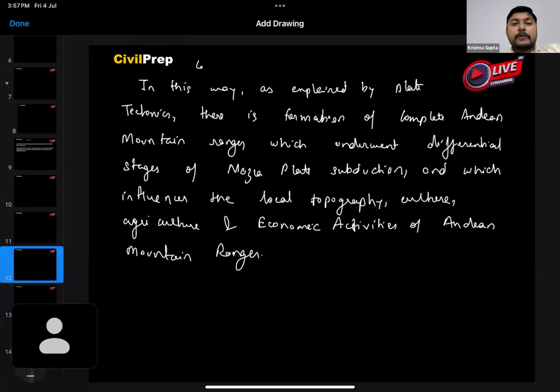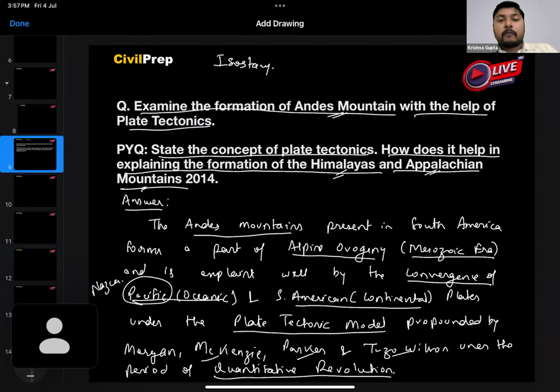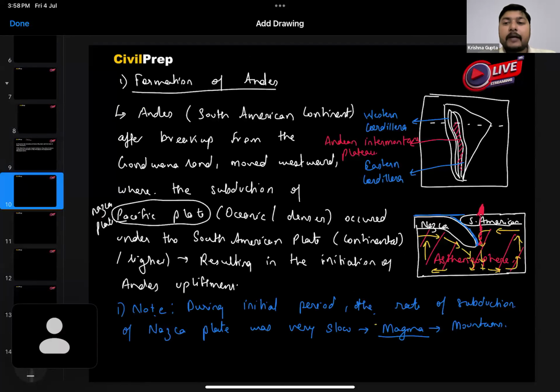So guys, this is the conclusion for this answer, where we are able to very well explain in the introduction what the Andes mountain ranges are, what alpine orogeny is, and that the subduction of the Nazca plate and South American plate is taking place. Here we can also see that this is under the plate tectonics model as propounded by Morgan, McKenzie, Parker, Wilson under the quantitative revolution. Then we see the structure of the Andes mountain consisting of the Western Cordillera, then the Andean Intermountain Plateau,